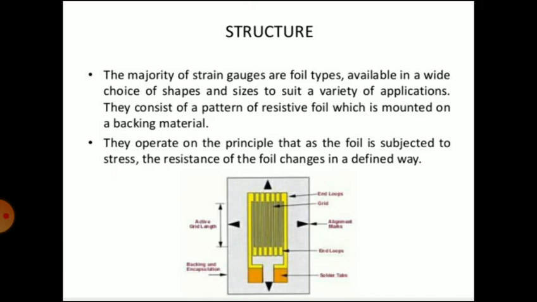The change in the value of resistance by straining the gauge is the behavior of an elastic material. When a gauge is subjected to a positive strain, meaning it is subjected to tension, its length increases while its area of cross section decreases. Since the resistance of a conductor is proportional to its length and inversely proportional to its area of cross section, the resistance of the gauge increases with positive strain.